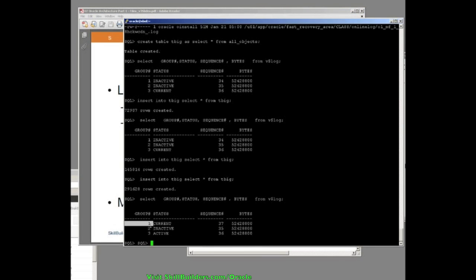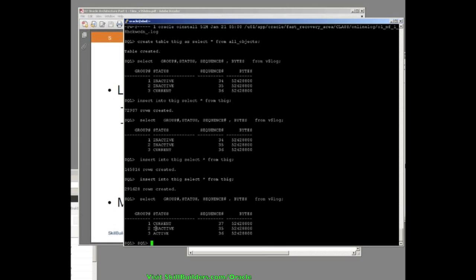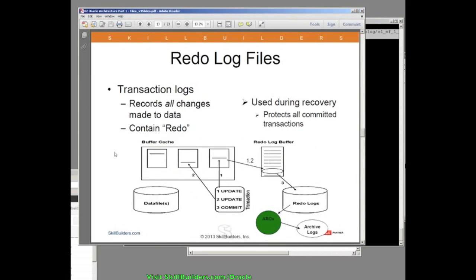Why? Because if you didn't have 2 groups, it would be impossible to switch between them. And the idea, of course, is that once you've switched out of one group into another, you back up the group you were using previously, which is what we see on the previous slide. When you fill a log file group, another process kicks off and copies it out as what we call an